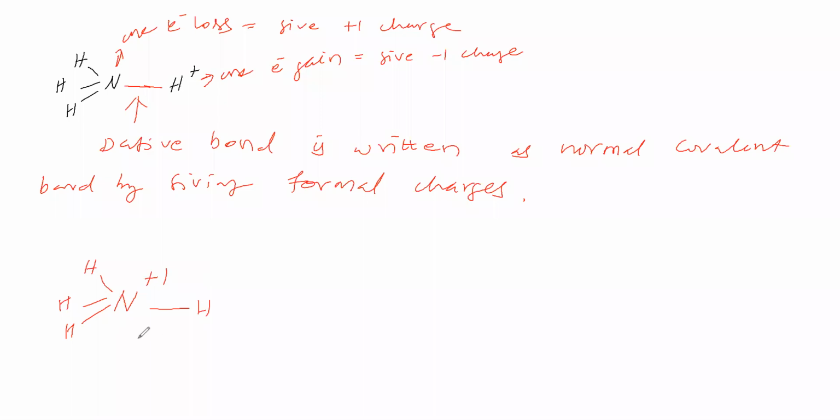So now this is written as NH4 plus. This name is called ammonium ion, we can say. Now in this ammonium ion, the plus charge is there over nitrogen. Now we can say all the 4 bonds have the same nature. Sir, how do we say all the 4 bonds have the same nature?